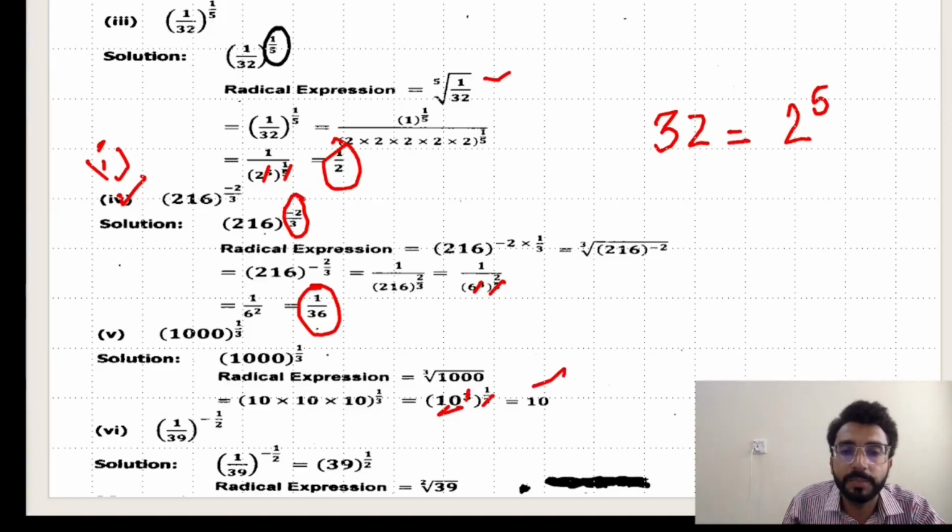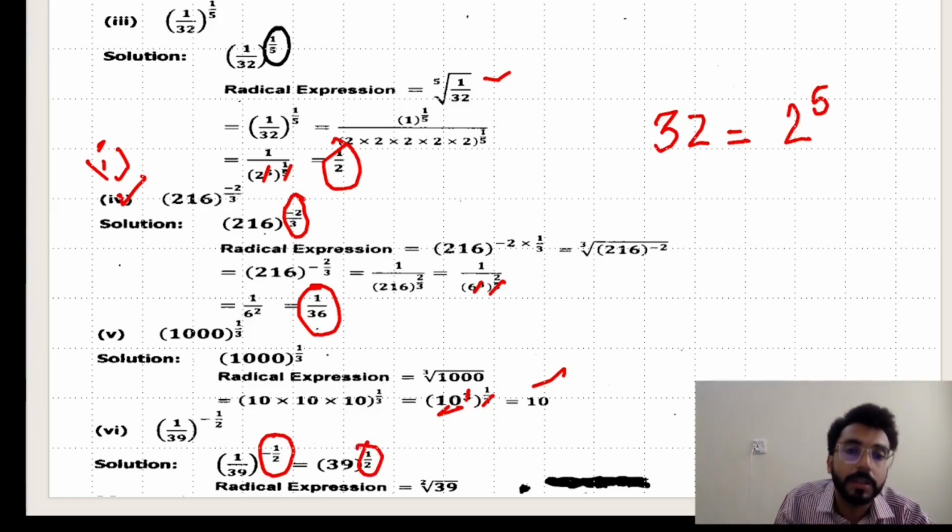In part 6, it is simple. You can solve it by yourselves. Very simple. You just need to focus. One important thing here is that a negative exponent is given. You can change that negative exponent into a positive exponent. How? You can change it by interchanging the numerator and denominator.